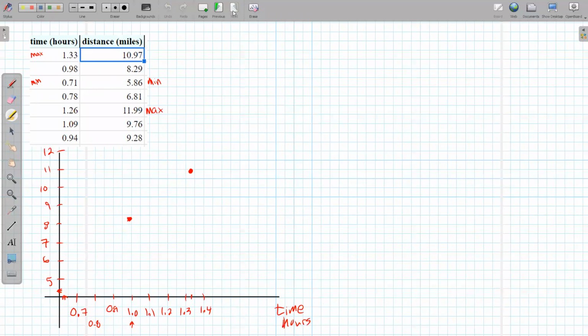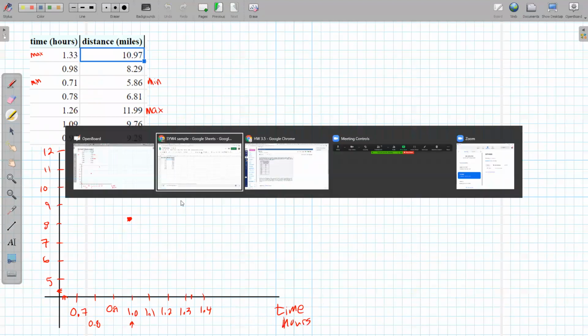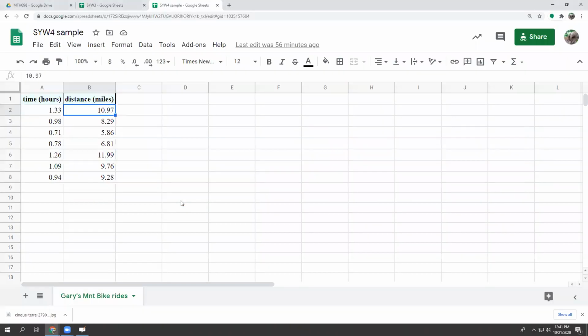So either you have to graph these on a piece of paper neatly, graph paper would be good, or if you don't have graph paper, you could do it in a spreadsheet. So I'm going to show the spreadsheet version next, and then we'll find an equation, and then we'll get to work on our other stuff. So I shared this in the chat. Click the link for it.